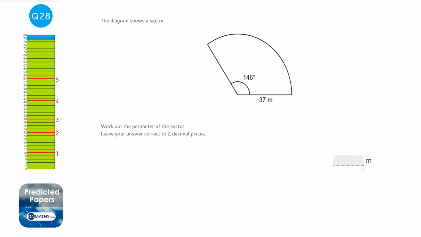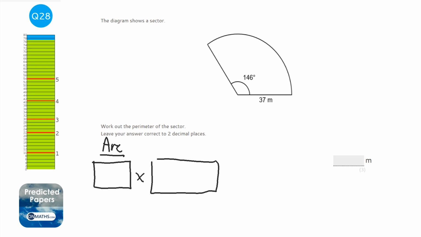Okay, so for this question we need to work out the length of the arc, which is around here. And then we need to work out what this and this are. So we're going to do arc first. I'm going to show the examiner that I'm doing the arc first. Now the distance of the arc is the total circumference of the circle times by the fraction of the circle we've got. So you want to work out what the fraction is of the circle and times it by the